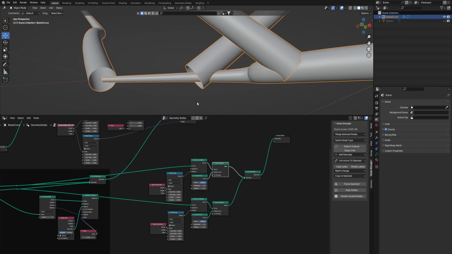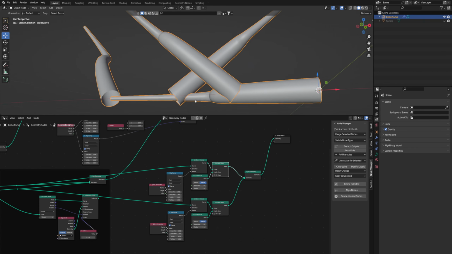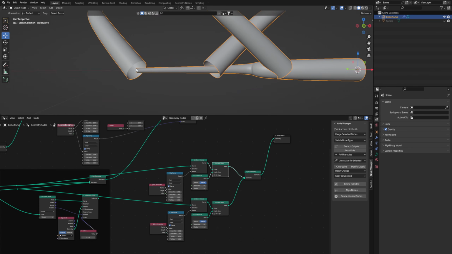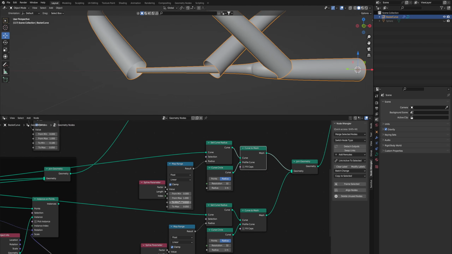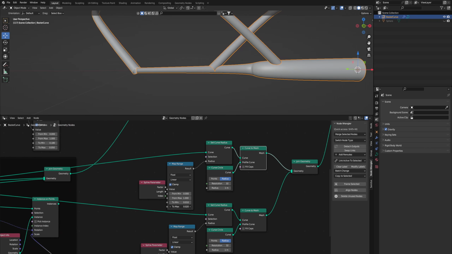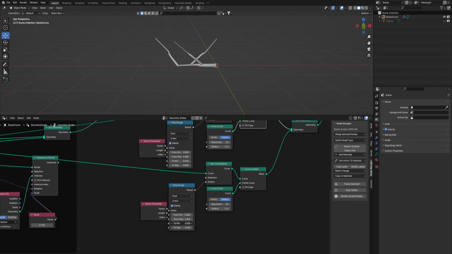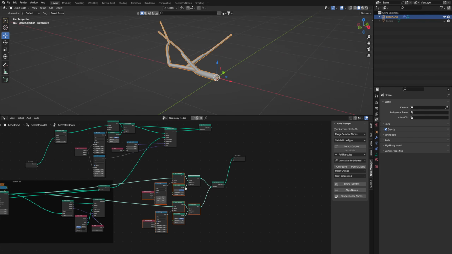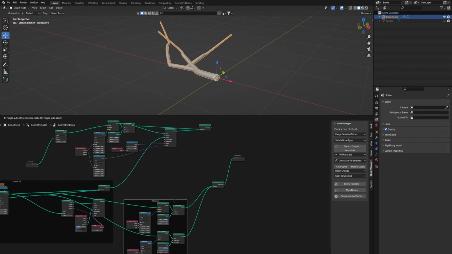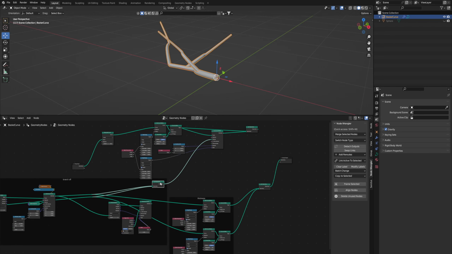So these secondary branches that are coming off, I want to be a little bit thinner so you're not really seeing like this big gap here. I'll just bring down this value a bit thicker, and then so now we can just take these and press Ctrl J and group them too, and just name them thickness. So we can put that away now. And now we can get rid of this original join geometry that we had.